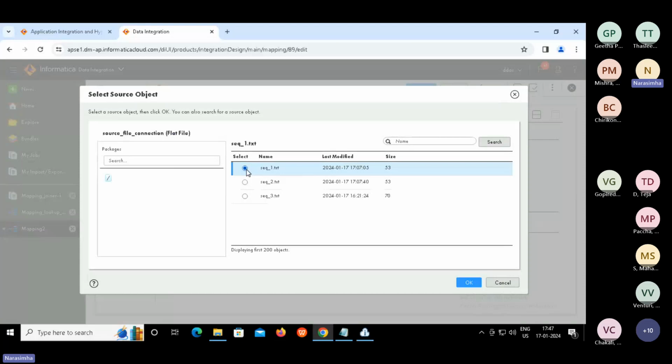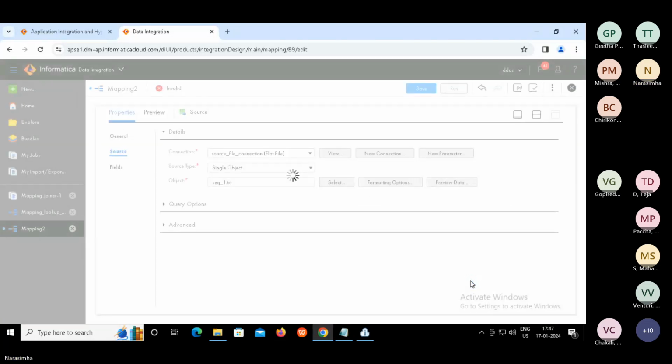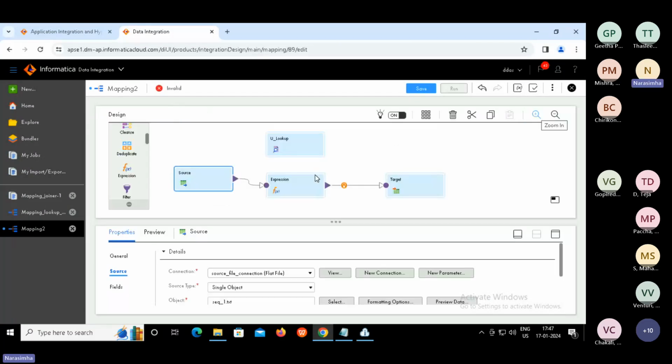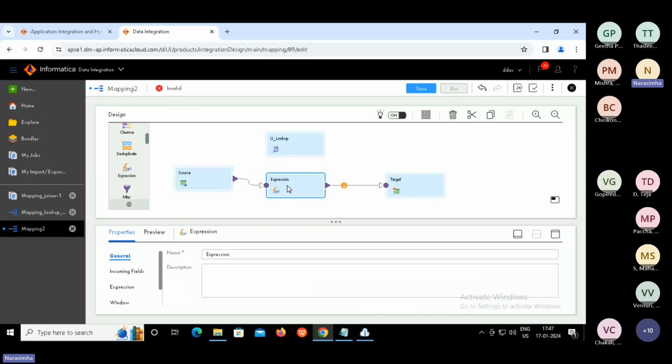We are using the same data and trying to perform most of the Informatica Cloud activities. And then say OK. That's all.